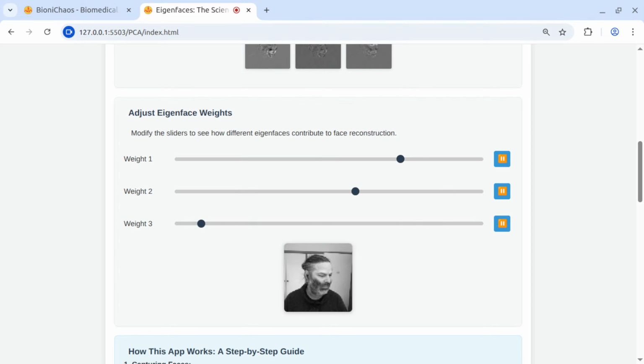Yes, that makes sense. Currently, each play button animates its own slider independently, so you can have multiple sliders animating at once. What you want is a single demo button that, when pressed, will animate one slider at a time, e.g., animate slider 1 for a few seconds, then slider 2, etc., giving a clear, step-by-step demonstration of each eigenface effect. To achieve this, remove or disable the per-slider play buttons, optional. Add a single demo button above or below the sliders. When demo is pressed, animate the first slider for a set duration, then move to the next, and